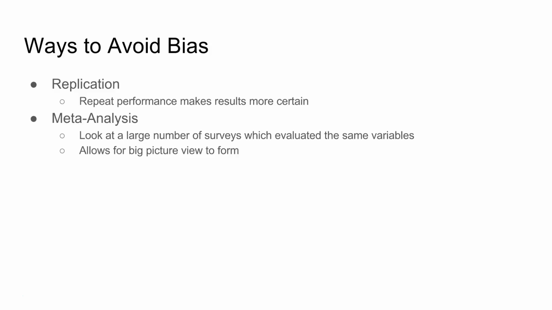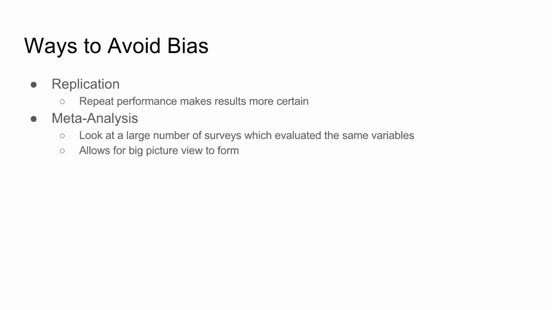So we'll talk about bias first, and bias is never a good thing. You want to avoid bias at all costs. Bias is slanting or tilting your research in one direction, and that is never productive. It's never good. You want to make sure you can eliminate bias. And a couple ways to do that is first finding a way to make your survey or experiment easily